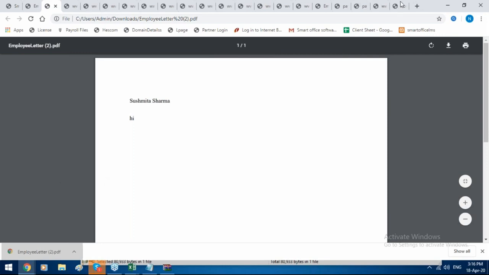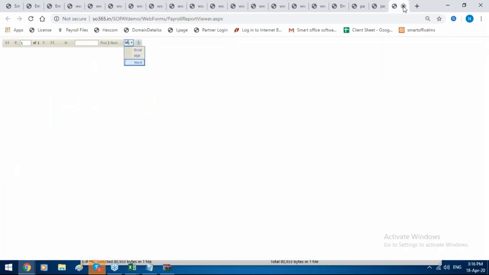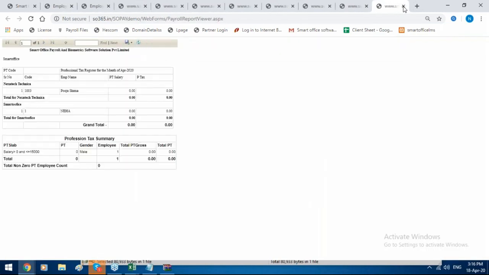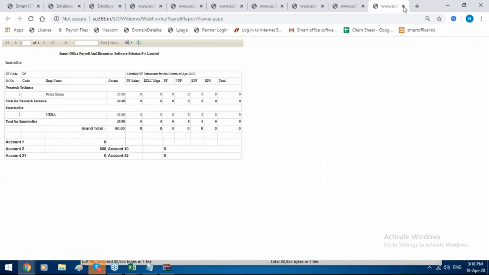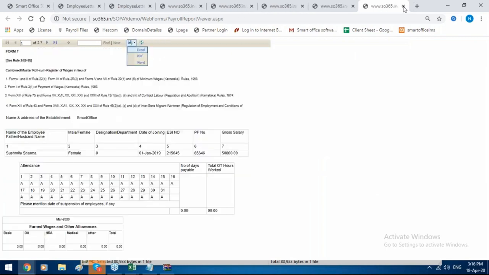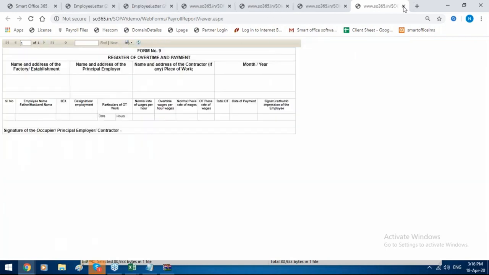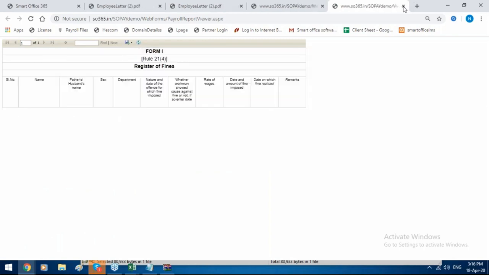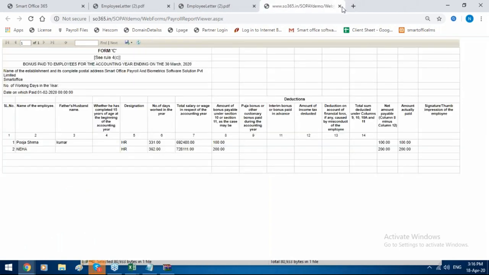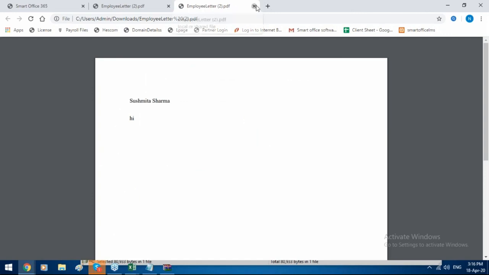Okay, these are the features which I have shown in admin login. I will show you what are the features we have in mobile application. But this mobile application you will get only in the web and cloud version, not in the desktop version. Desktop version mobile application is not feasible. Okay, and it is also only for a single user, single location.